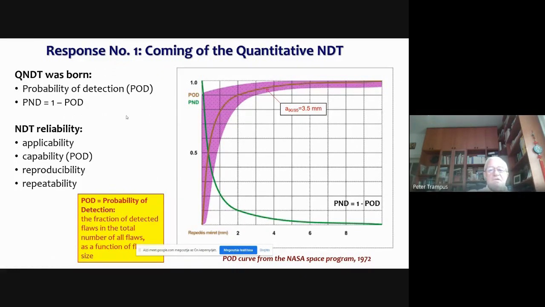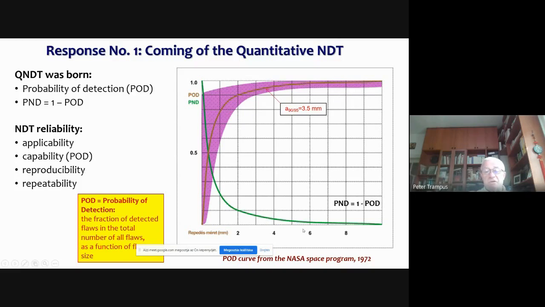I don't want to go into the details of this, but just to see what probability of detection is, it's a number, the fraction of detected flaws in the total number of all flaws as a function of flaw size.